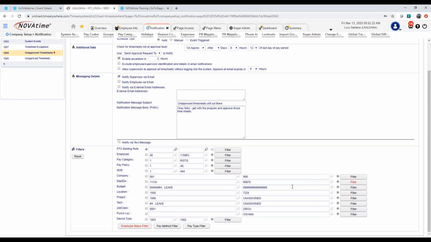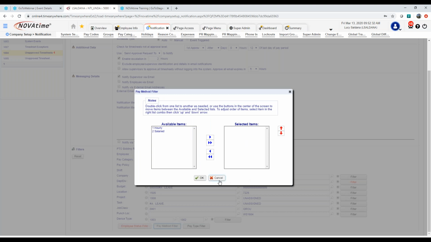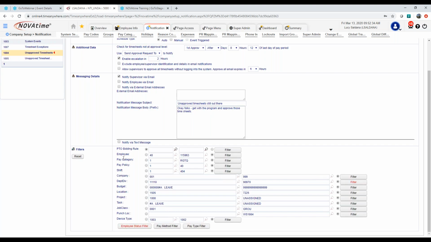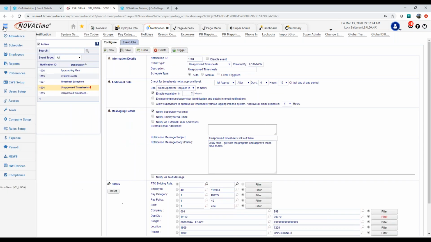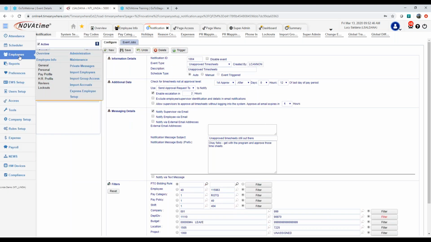And this is where your filters live. If the unapproved timesheet message should only be going for those that have non-exempt employees, then just adjust your filters accordingly, or by any of these work groups that you have available. All right. So let me close out of this just for a minute,